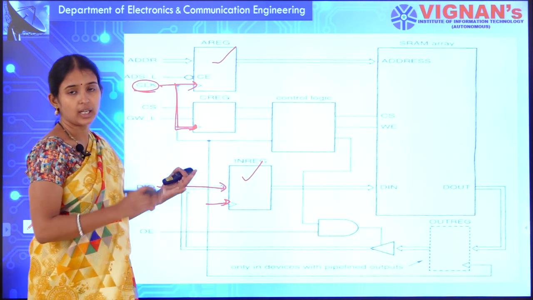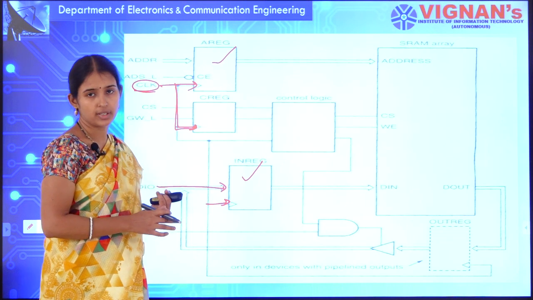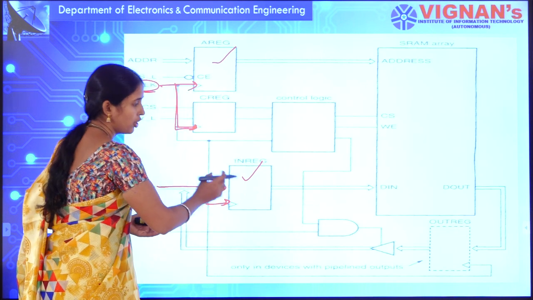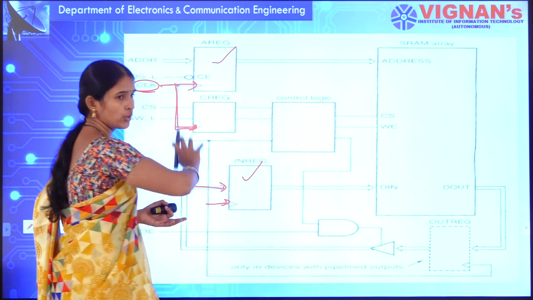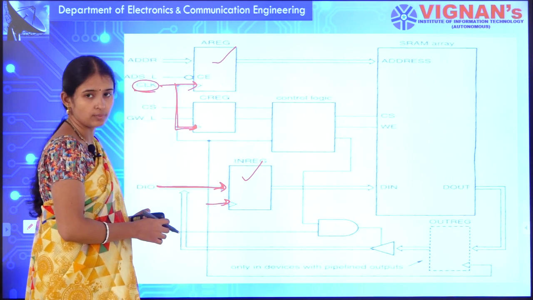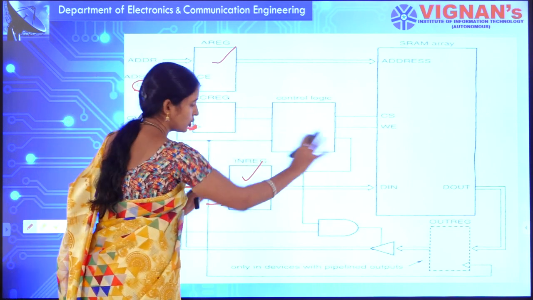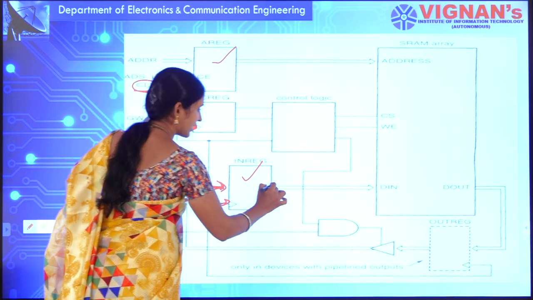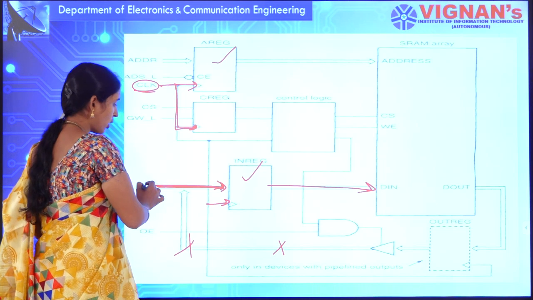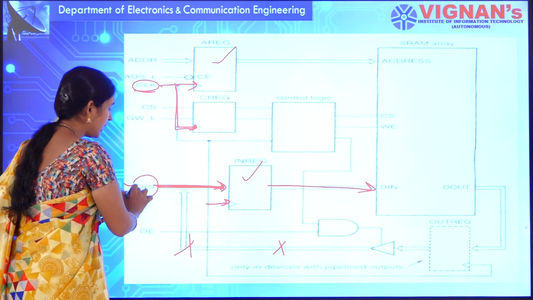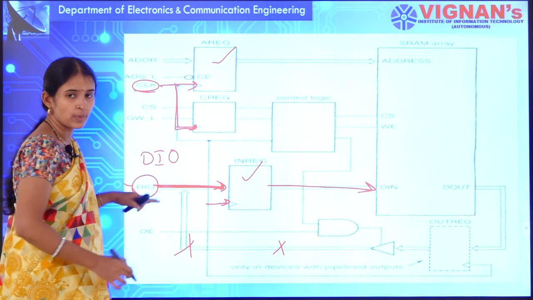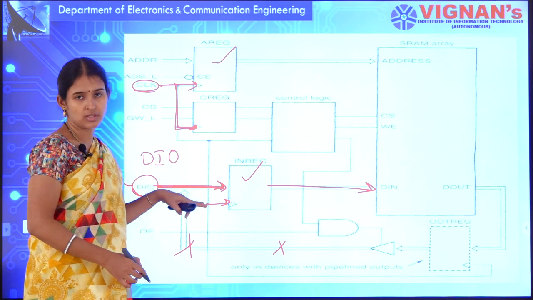Data will be available to the input register. You have a data input and output bus, a dual bus. You can insert the data into the RAM using the data input output bus. Suppose you want to write the data, only this direction will be activated high, this direction will not be asserted. That means only the data here, DIO, the data input output bus, which is a bidirectional bus.